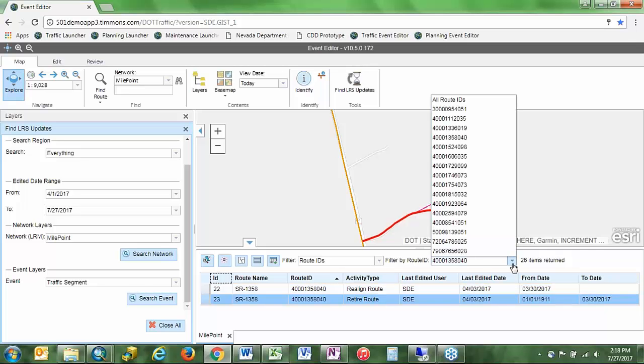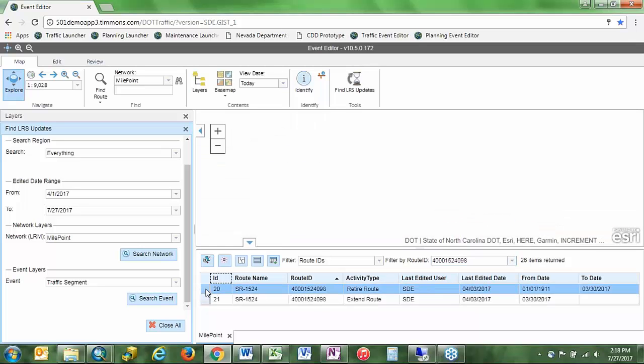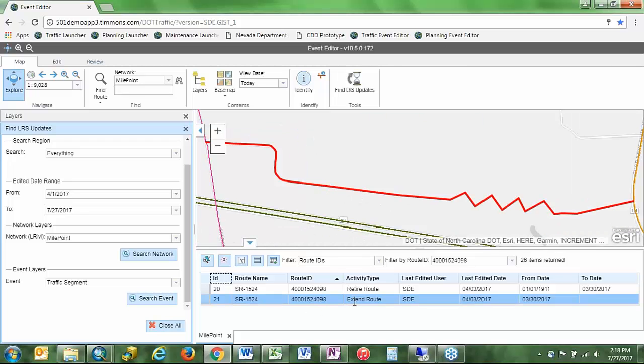Let's look at a couple more just to make sure we've got it. So this is a similar scenario where you've got one retired record and one active record. The active one is referenced as an extend.